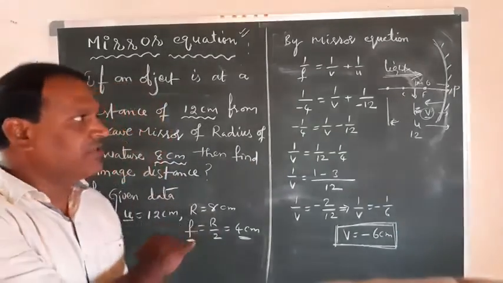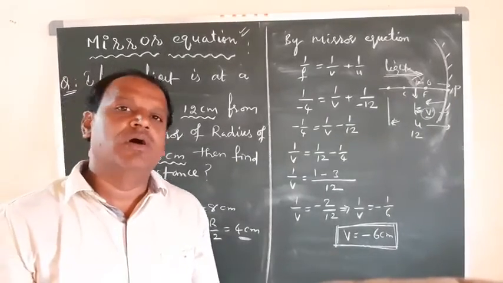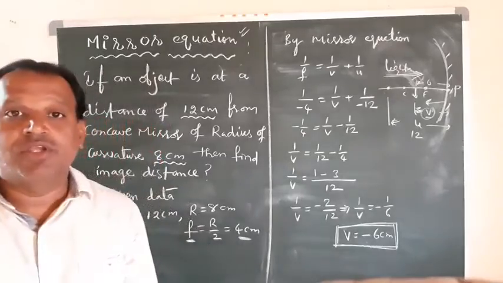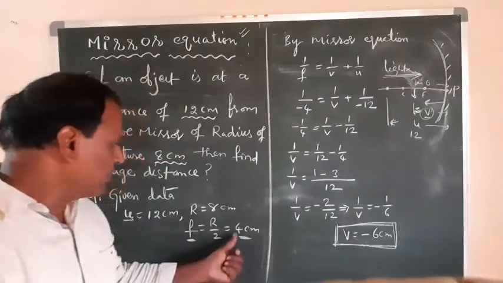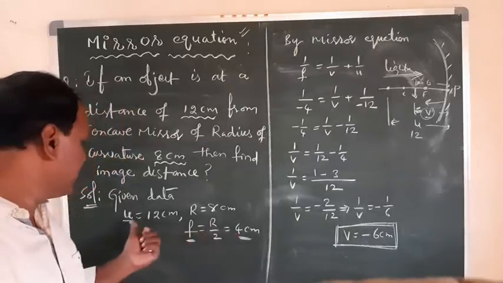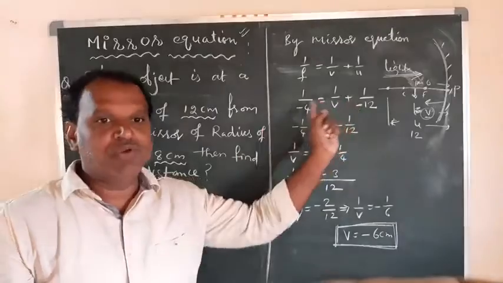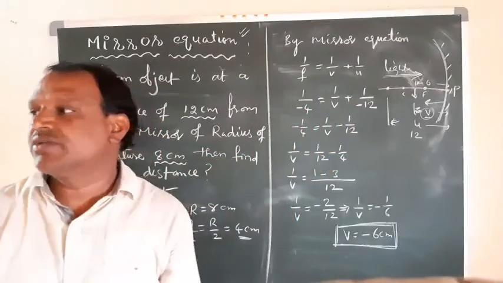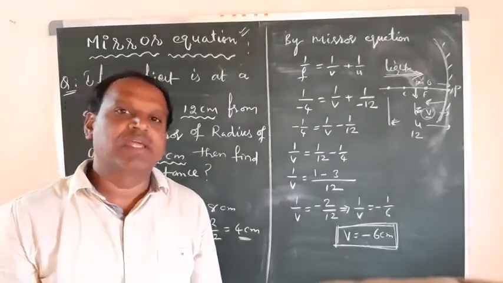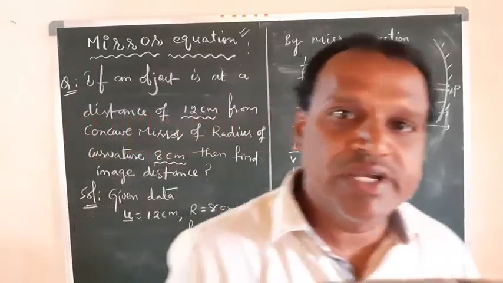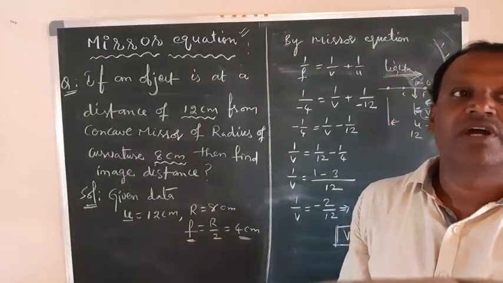So like this you can do the calculation part or the numericals based on this mirror equation. But remember that you have to put the sign conventions compulsorily. Here we got f is 4 only, u is 12 only, but I have taken minus 4 and minus 12. Why have you taken minus? Because the distances are measured opposite direction of light propagation, right? Okay, like this we can have a number of numericals. We'll see. Before that we can have some more calculations and all those.